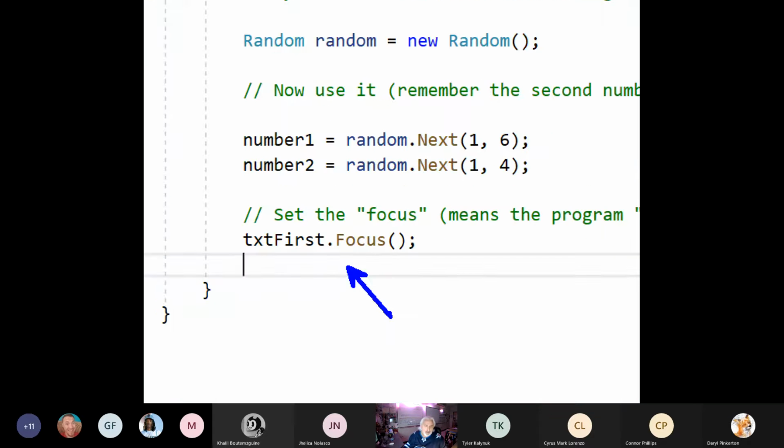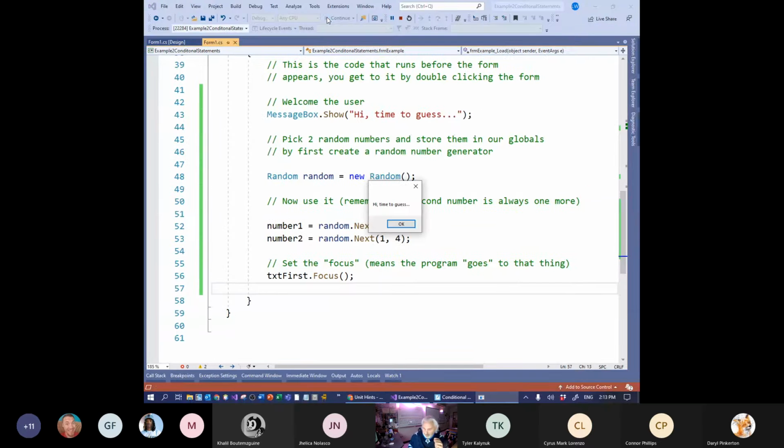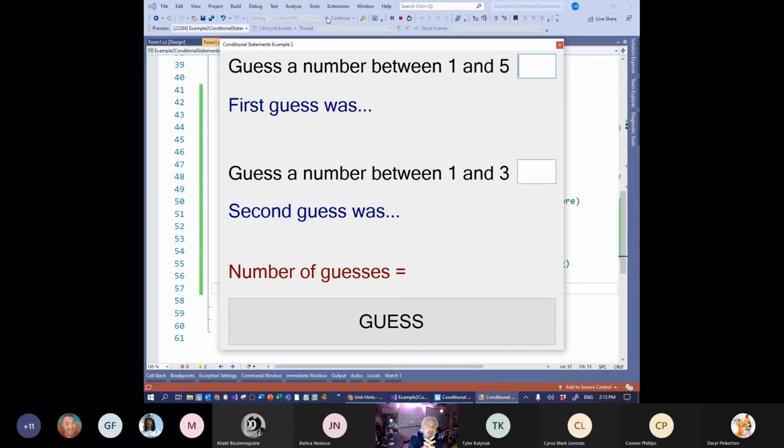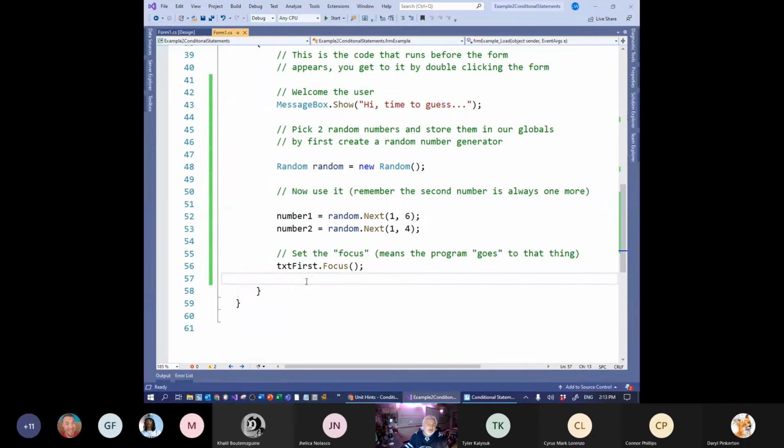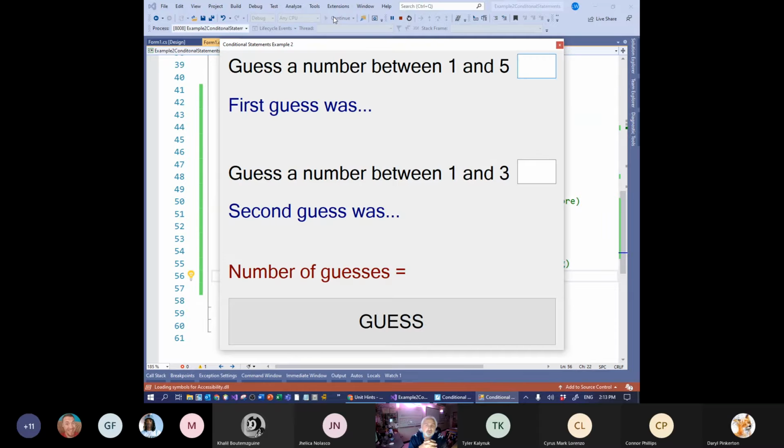But now what about this line? What that line does is, I don't know if you can see on my screen right now, there's a little flashing line right there. That's called the focus. So if I was to put, don't do this in your example, txtSecond, right? txtFirst, and I was to rerun it, notice that that's where the little flashing